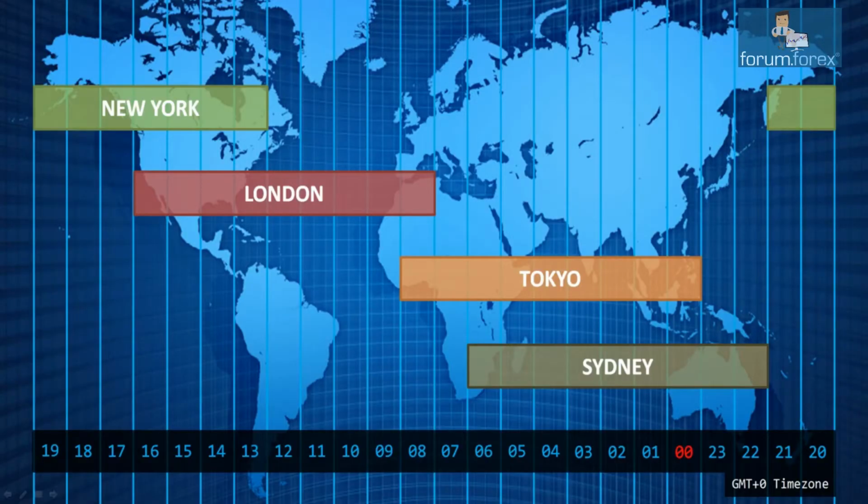So on this map at the bottom we've got a time axis, and the way to read it is from right to left, because the sun rises from east to west. That axis is in GMT time. And then we've got the 4 main forex sessions starting from bottom to top as they commence through a new day. So the first one is the Sydney session, then it's the Tokyo session, then it's the London session, and then it's the New York session.